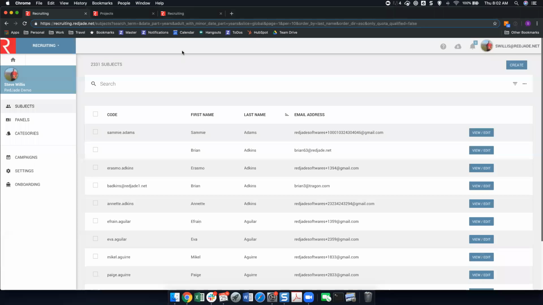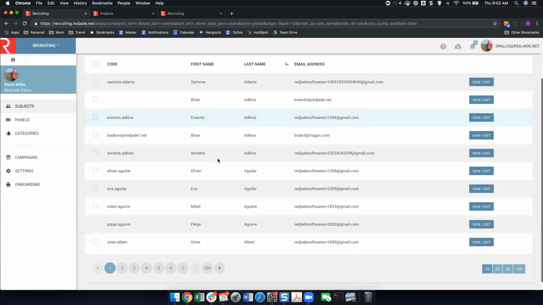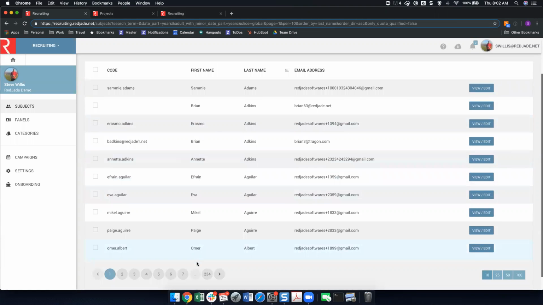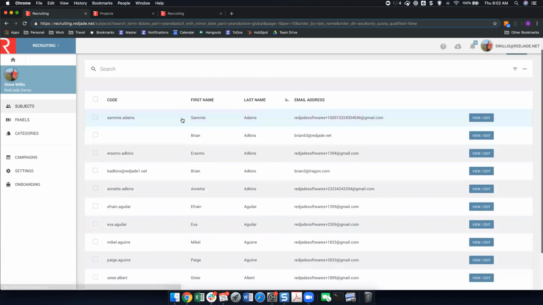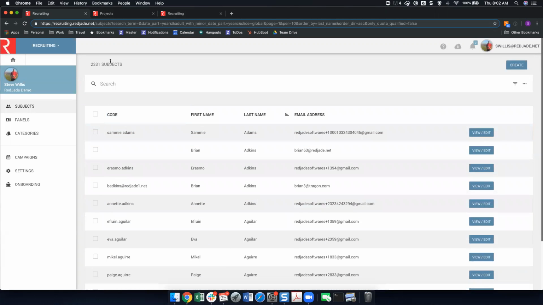When you land on your recruiting homepage, it's going to show you a list of your subjects. There are 10 per page by default. The number of pages you have is down below, and the total number of subjects you have in your database is at the top. Now, if you have someone call you and say, hey, can we do a test with